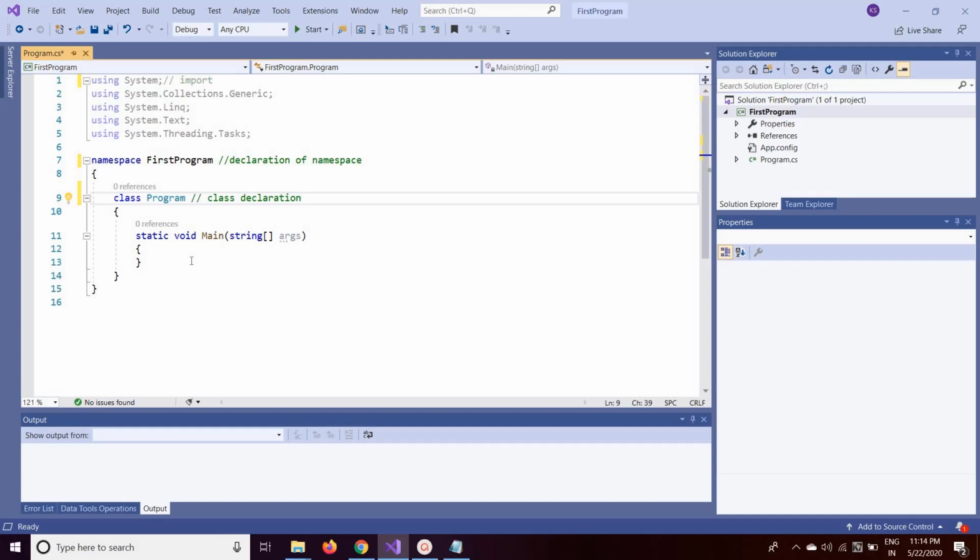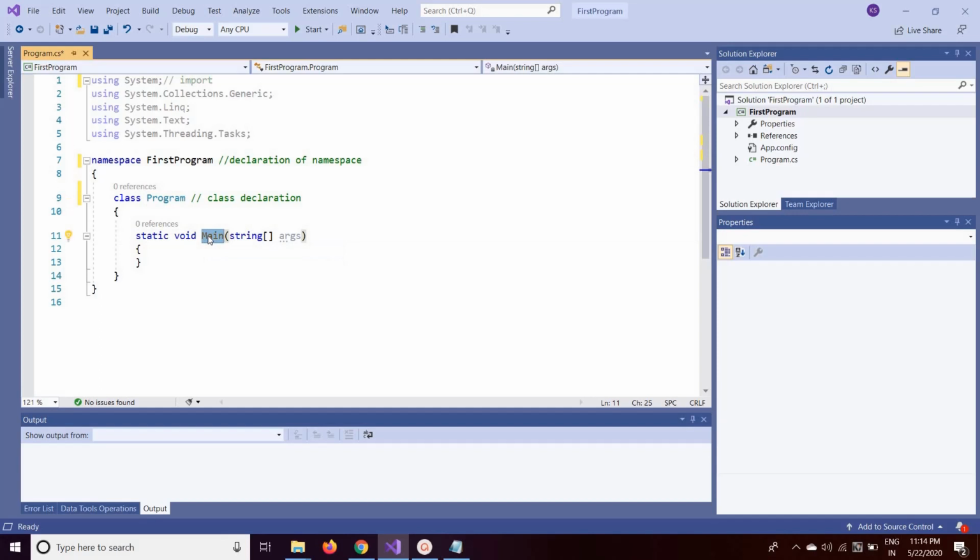In every .NET application, like console or Windows or any other application, there should be a startup class. In this application, the startup class name is program, and a startup class is nothing but a class which contains a main method. The syntax for this is class and then the name of the class.